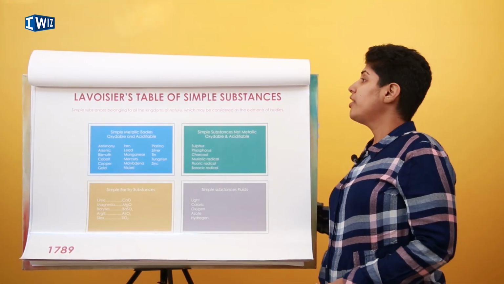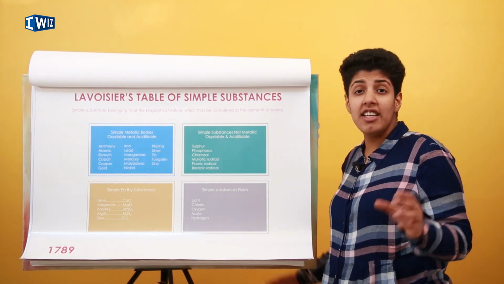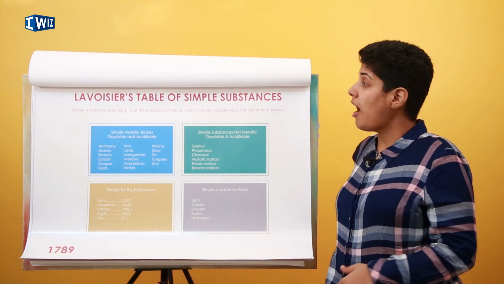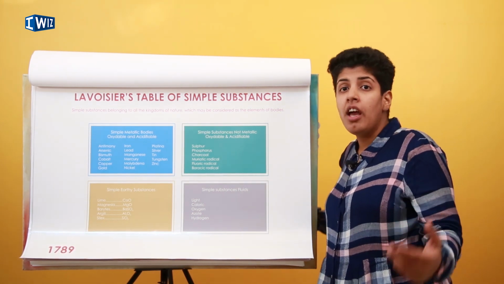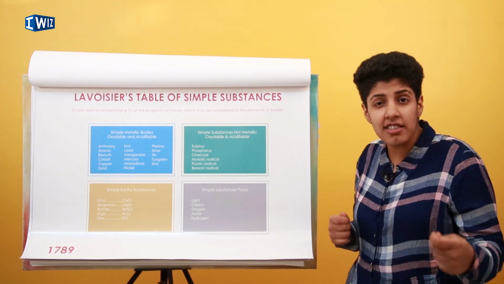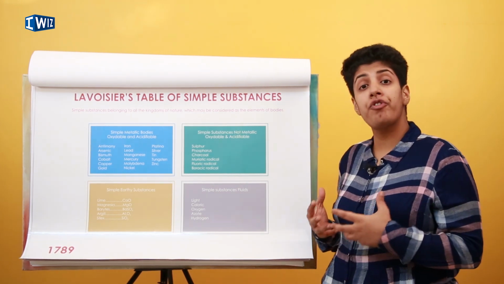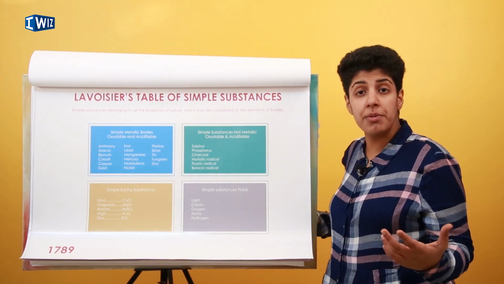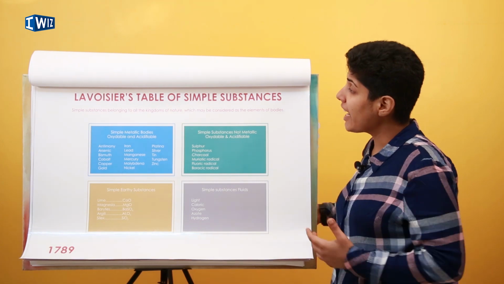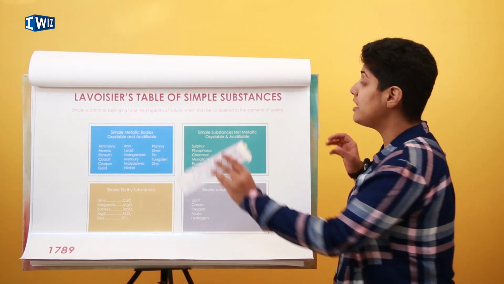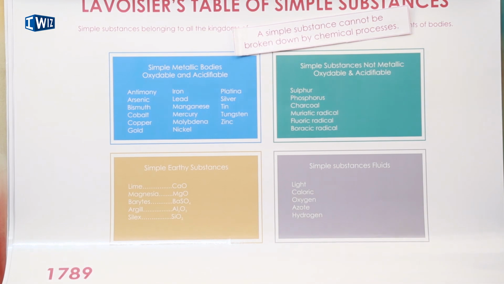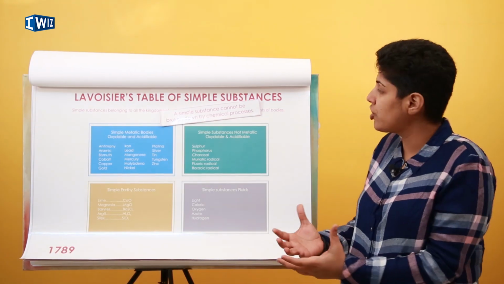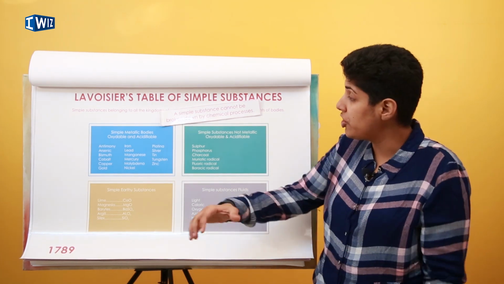Well, what happens next over here? We have Antoine Lavoisier. Now this guy is known as the father of modern chemistry. He revolutionized chemistry. Before him, it was just alchemy. Scientists were just mixing stuff, seeing what happens. There wasn't a lot of thought to it. He wrote his elementary textbook of chemistry, in which he actually defines what an element is. He says that an element is a simple substance that cannot be broken down by a chemical process, by giving it heat, actually, is what we believe, by giving it some energy.